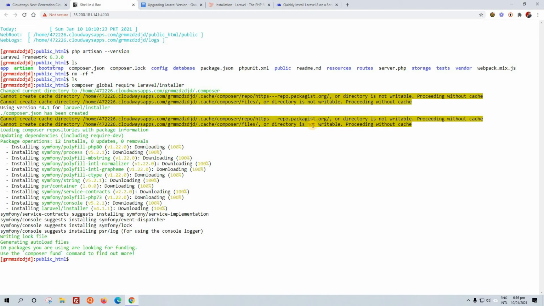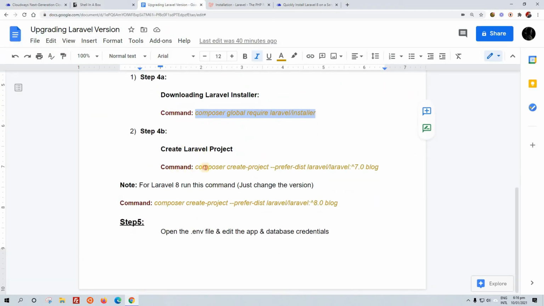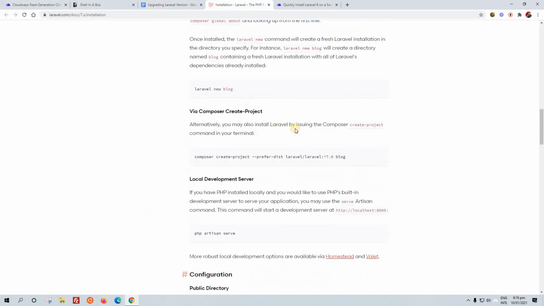Okay, we have just downloaded the installer. Now we are going to install. To install the Laravel, we have to create a project. If we move on, we can install the Laravel by using Composer, and for that we have to create a project.